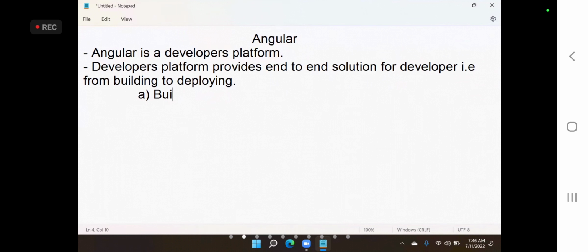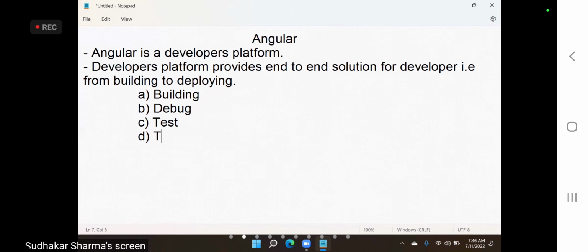That means building, debugging, testing and deploying. All tools are provided. Building is designing, debugging is finding the issues and fixing them, and testing is verifying whether our design and functionality is matching the requirements of the client.